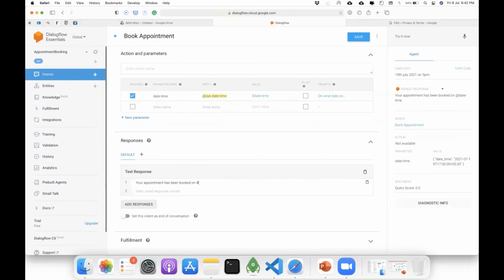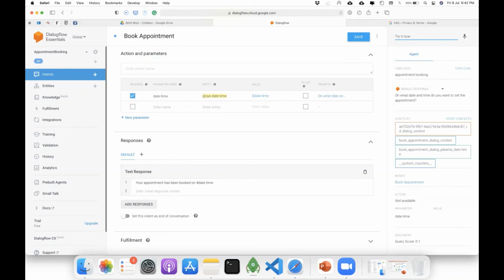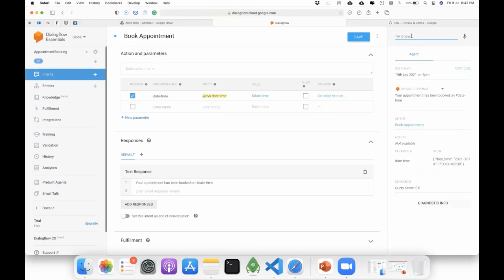Sorry. I'm just trying something. Sorry, give me 1 second. I type appointment booking. Okay. So if you see here, it took the date time parameter as 27:19 at 17. 17 is nothing but your 5 p.m. basically. So it is taking it in a different format, but